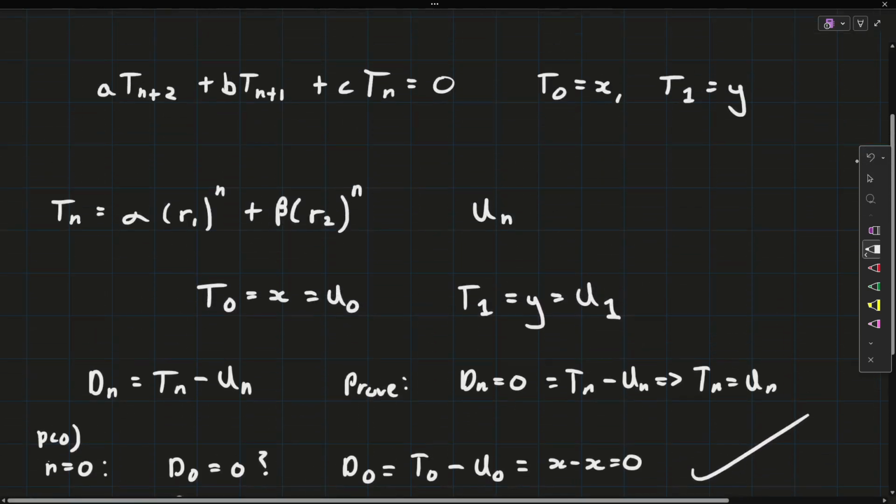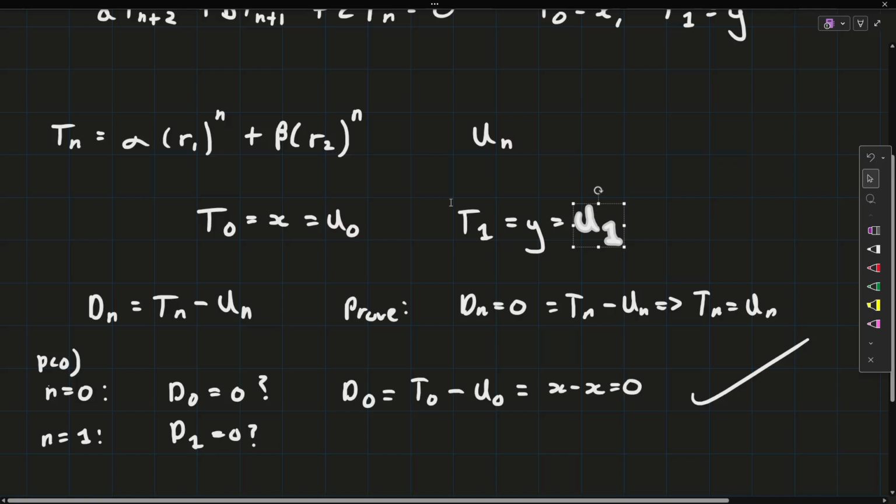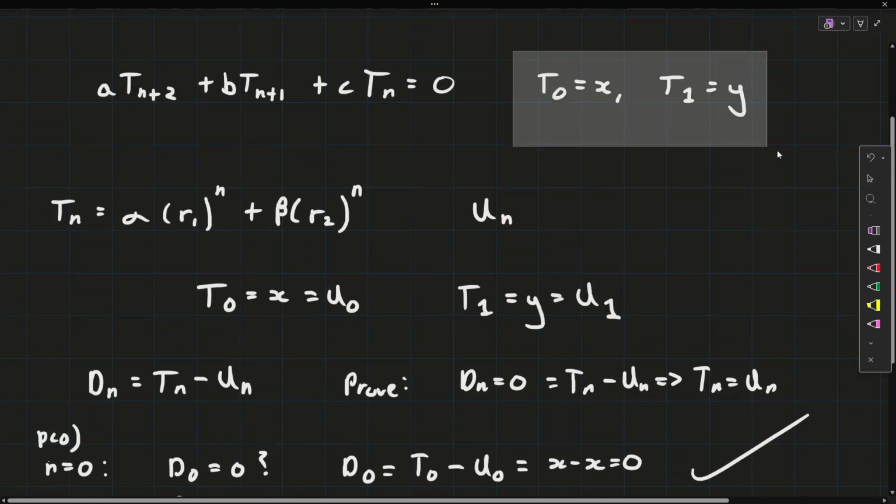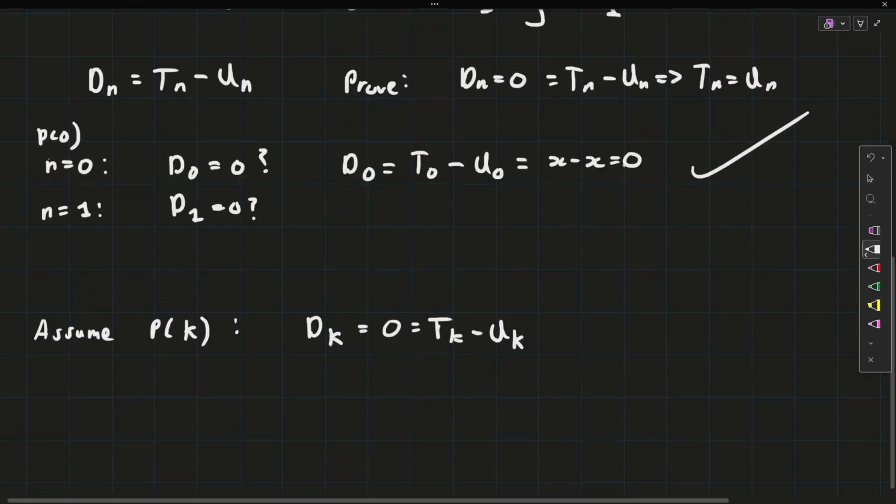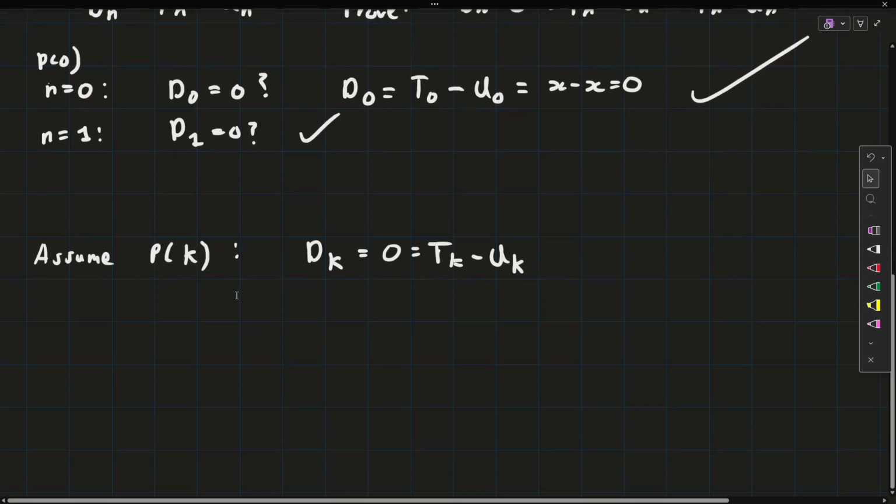Well, yes it is, because we know that t1 is the same as u1, because they both have to be the same starting conditions if they're both solutions. So yeah, that's true. Same logic as here. Okay, cool. So now we're going to assume that it's true for k, and I'm also going to assume that